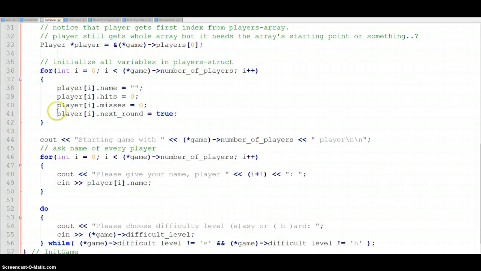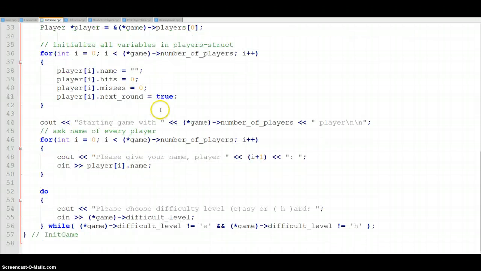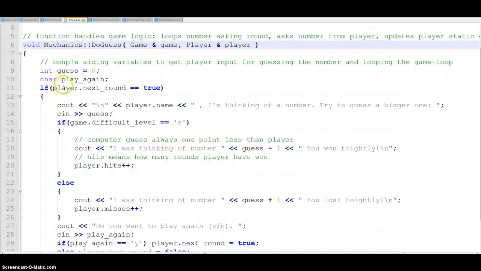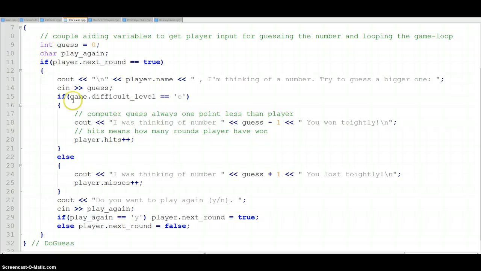I forgot to initialize this next round field to true. It gave me a problem in the doQuest function because this function doesn't run if the next round isn't true,